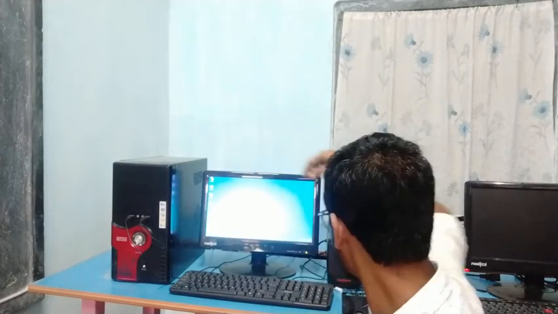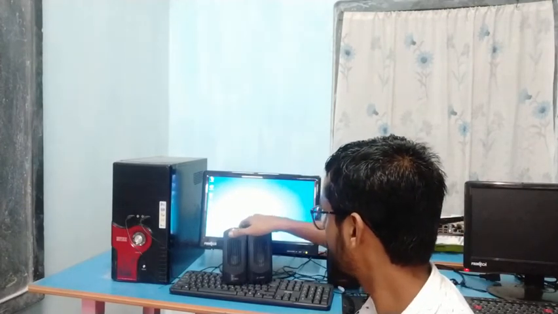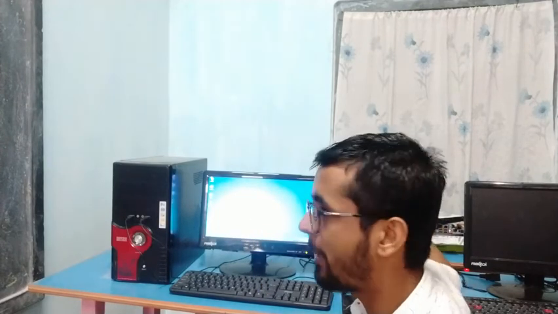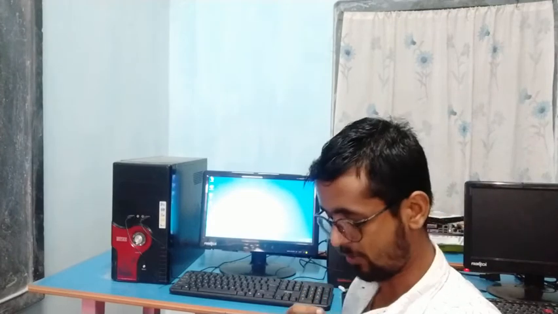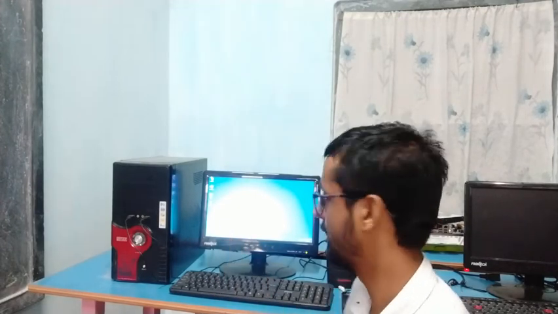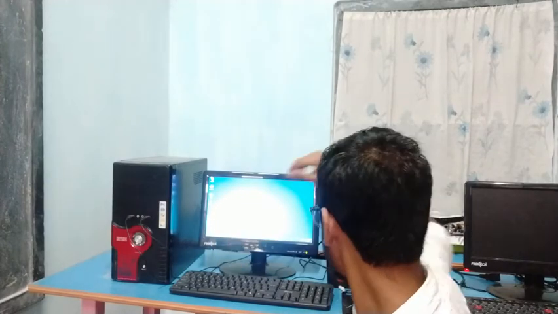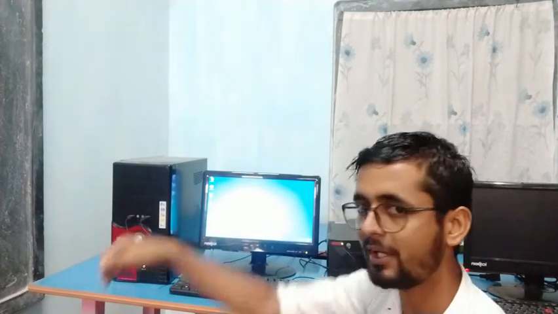One more output device is what? Speaker. Speaker is also an output device. Why? Because we can listen to songs from this speaker. But the microphone, you can see here, is an input device. We use the microphone to record our voice. Now I am using this microphone to record my voice, and you are listening to my voice through your mobile speaker or headphone. Now see, this is the UPS, and this UPS helps the computer by supplying electricity.